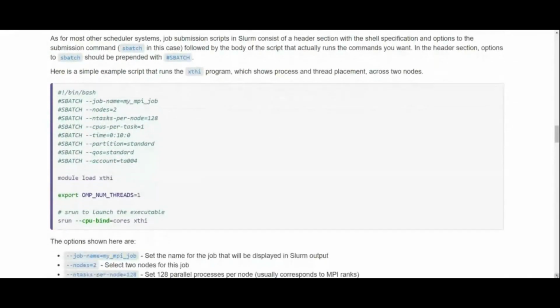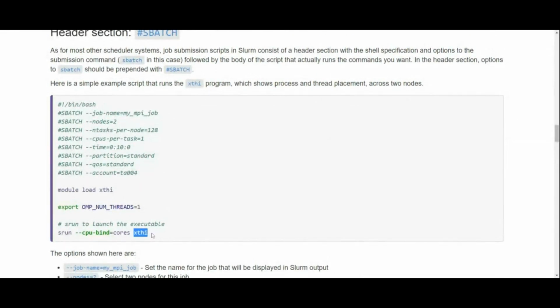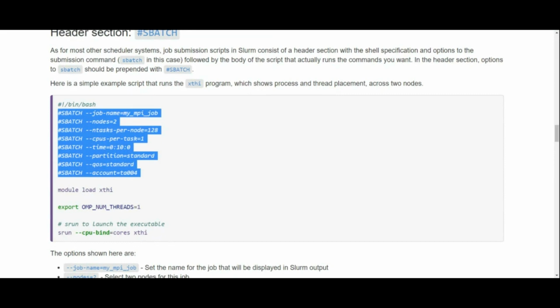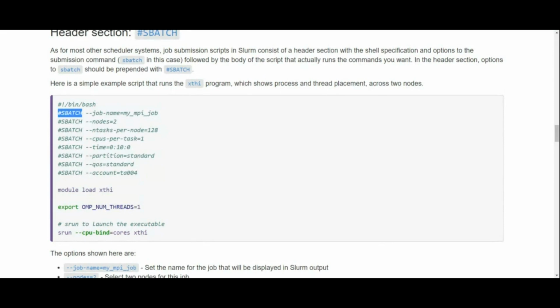We have an example of a batch script to run a simple program. Here actually we're using this XTHI program, which originally was developed by Cray, to let you investigate how processes and threads are assigned to cores and hyperthreads and check your binding and these kinds of things. A little MPI and OpenMP program. And we've got a batch job here. So we can see here that this is, again, if you're used to ARCHER, it looks different. We're using #SBATCH here instead of